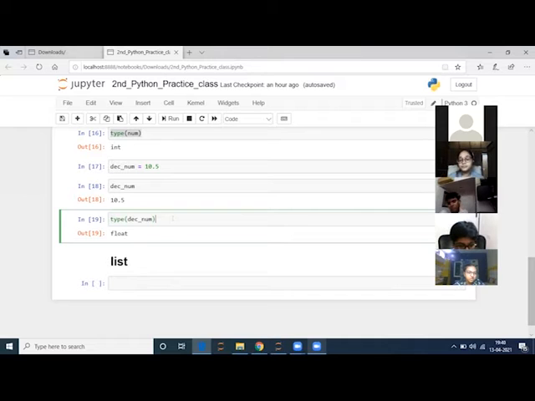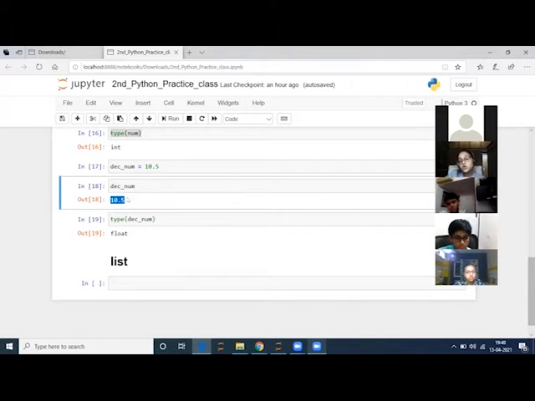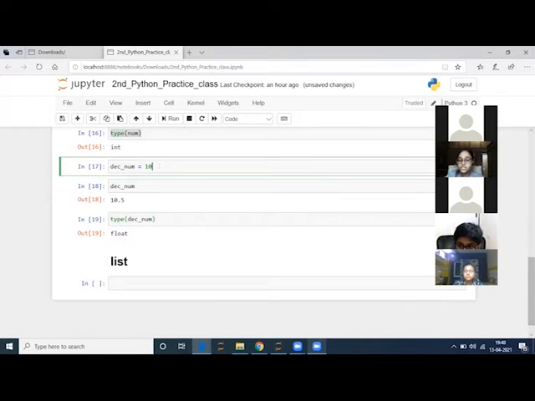Ma'am, but what does float mean? Float is a decimal value. Integer is a whole number. Whenever we have a number like 10.5 or 11.2 or 12.6, any number which is not a whole number is a float number. See, if I just put 10 over here, then everything will change and I will get the type as int.